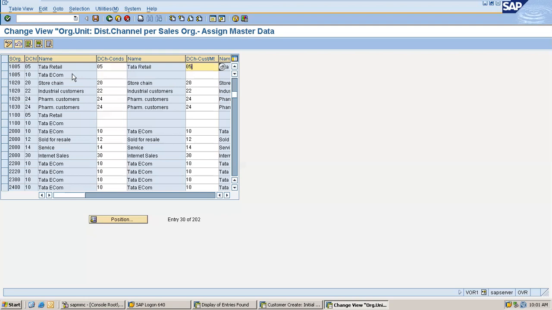The purpose of maintaining common distribution channel is considered in two areas. First, to allow creating customer master numbers in any sales area, you have to have common distribution channel entries in this screen. The transaction code is VOR1.